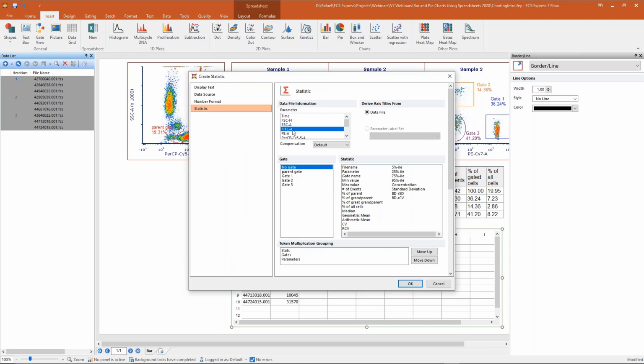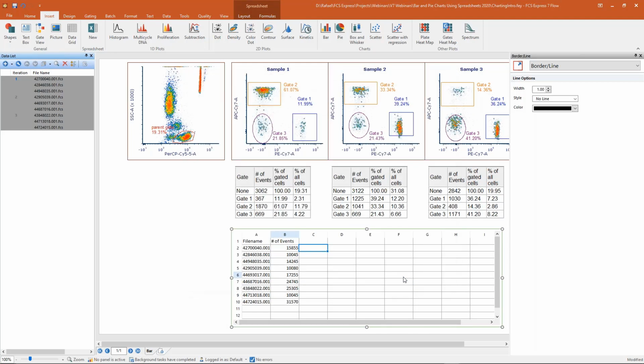So I'm going to pick my correct parameter here. I'm also going to select one of my gates, and we're going to grab that median value. And I'm going to click OK. And what you're going to note here is the data was automatically populated, but also note that we didn't actually get a title here because I just pulled in a single statistic. We don't populate the title. It's only when you have multiple stats going in that we'll differentiate what each one of these columns is going to represent for you. So we have our bar chart here and we have all the information we need to